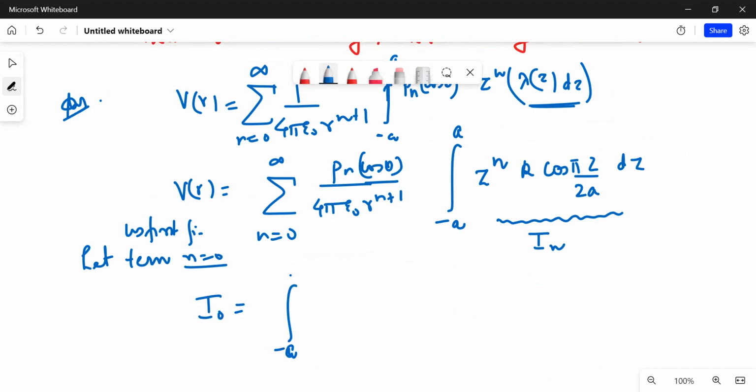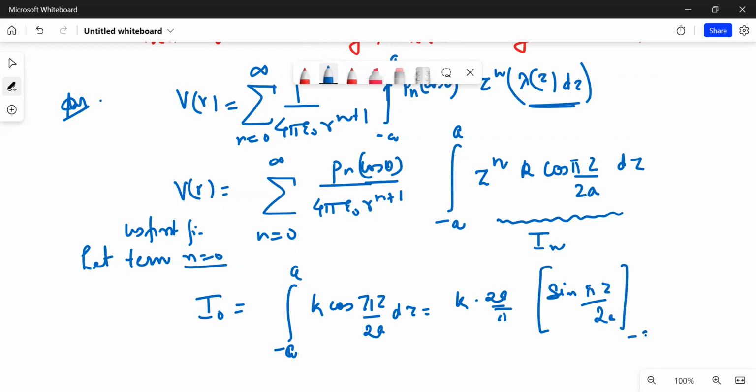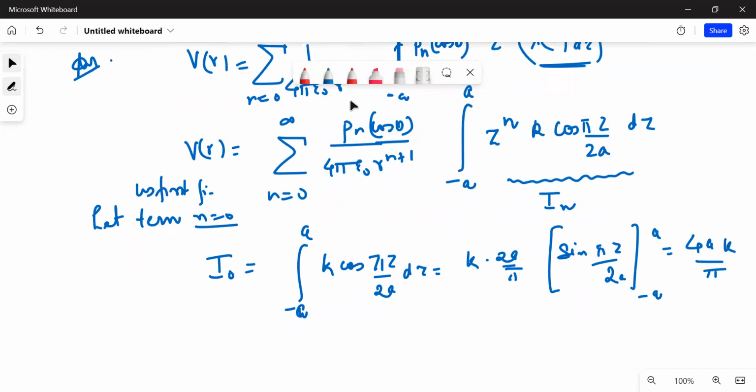I naught would be the integral from minus a to plus a of k cos pi z upon 2a dz, and this would be k times 2a upon pi, times sine pi z upon 2a from minus a to plus a. Is that clear? So I think this would be 4a k upon pi. It is quite easy to see: sine pi by 2 minus of minus sine pi by 2 would be 2. So overall, I know that the n equal to 0 term is a non-zero term. Therefore, the leading term would be